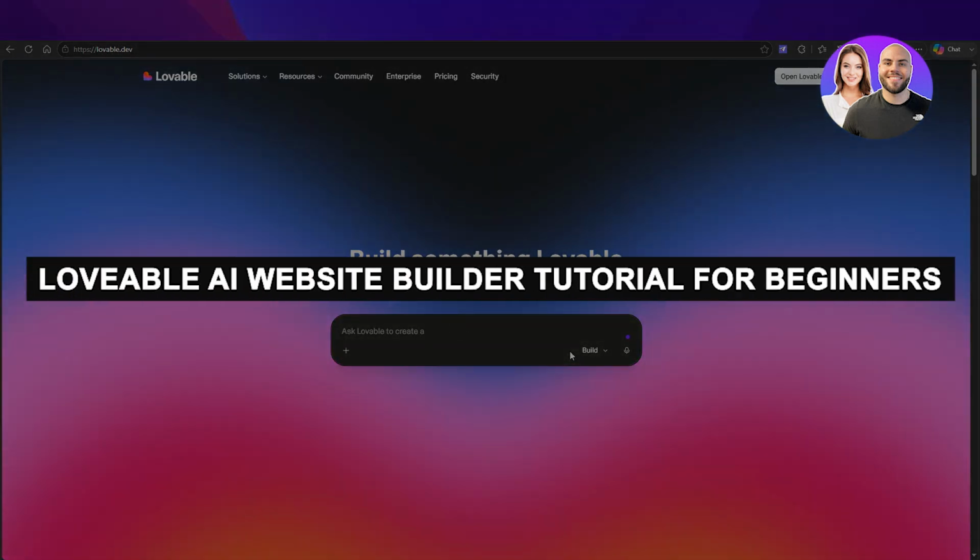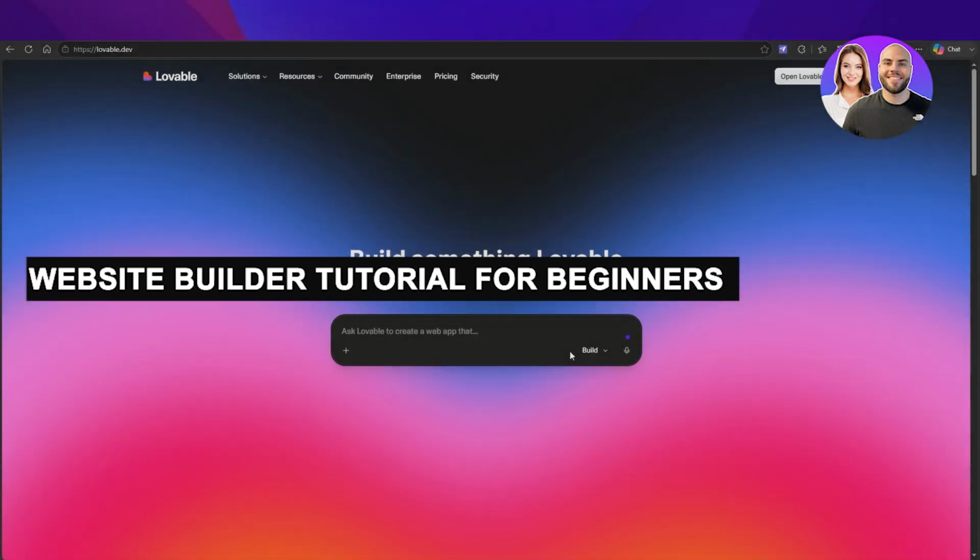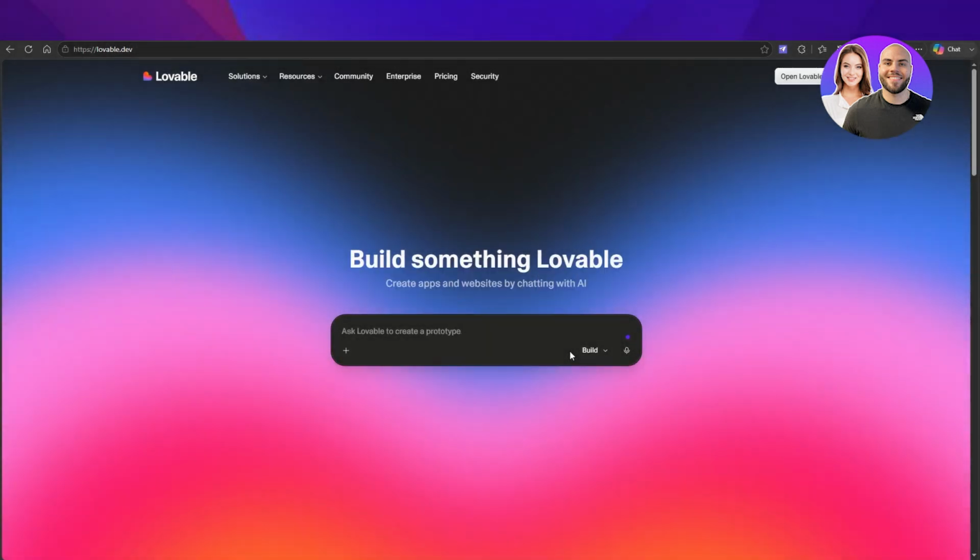Lovable AI website builder tutorial for beginners. Imagine typing a description of the website or app you want into a chat box and watching it get built in front of your eyes in real time. Not a template, not a drag and drop builder, an actual custom coded web application generated from your description, complete